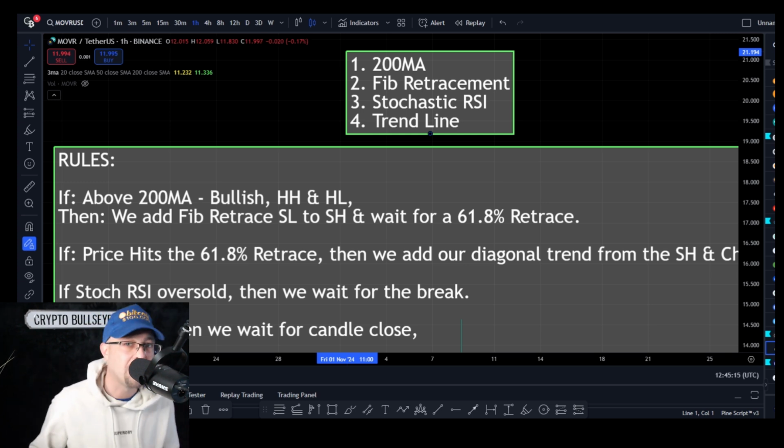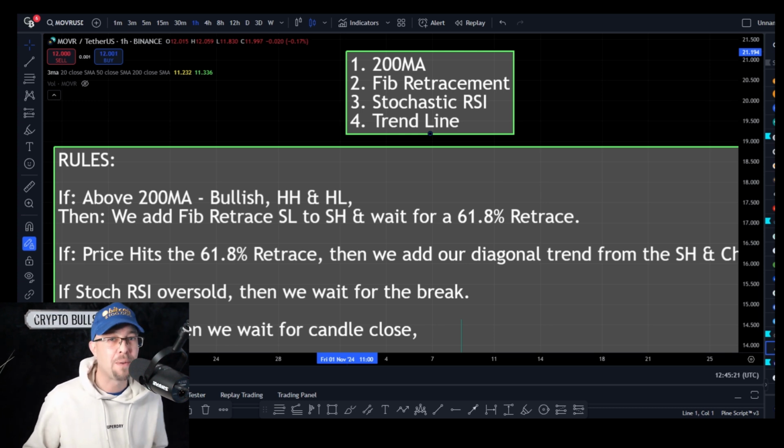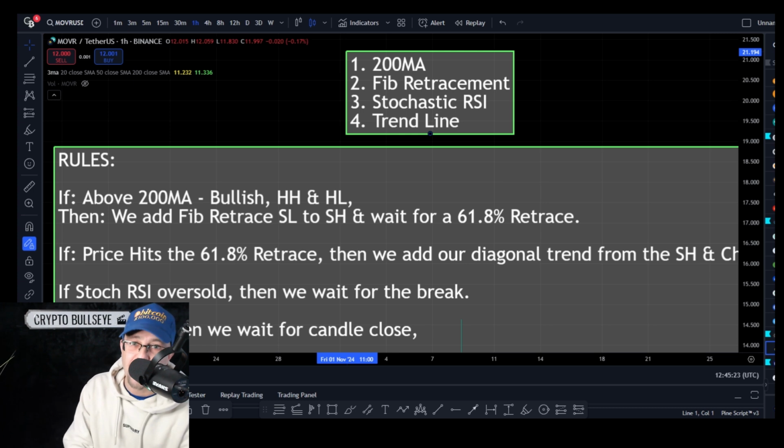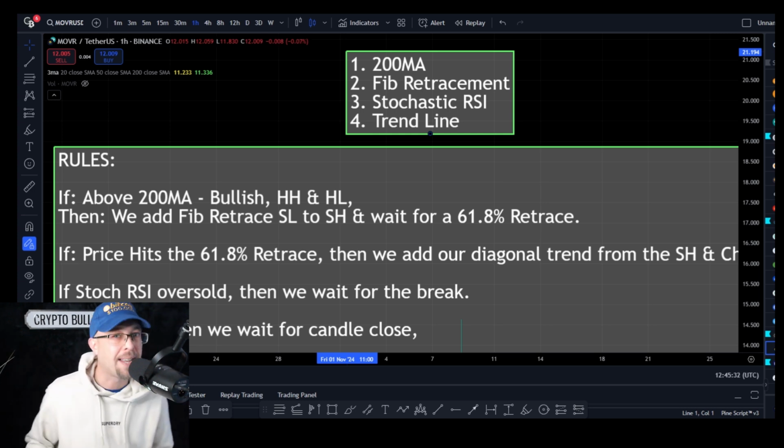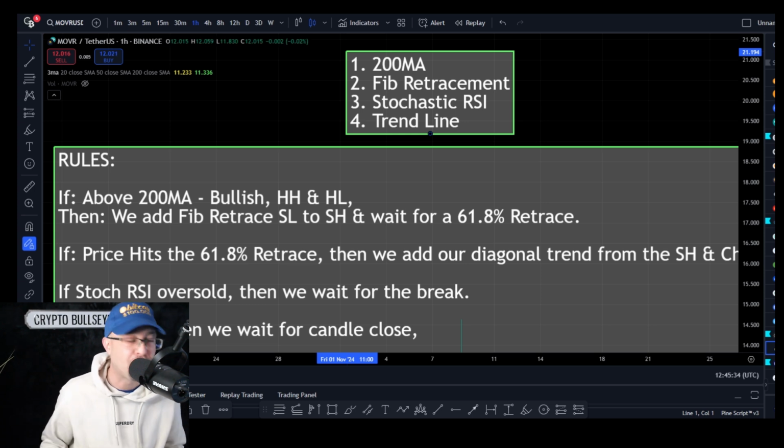By the end of this video, you're going to understand an if-then syntax rule with a trading strategy that you can apply to your own charts to ensure that if something happens, then the next thing needs to occur. If the next thing occurs, then the next thing needs to occur. And at any point, if one of those metrics don't happen, then you don't take the trade. And that's how you take your emotions out of trading.